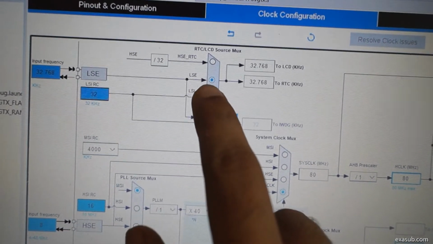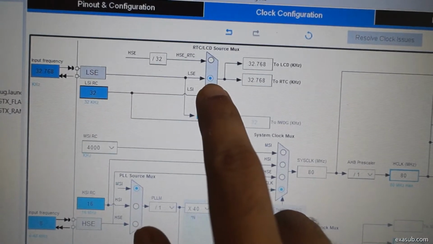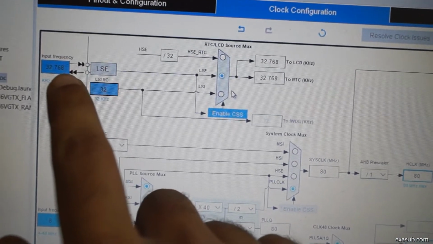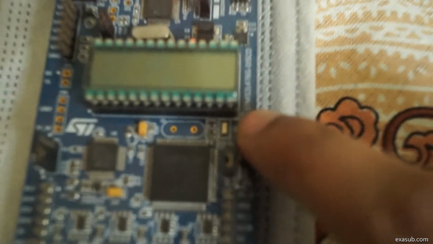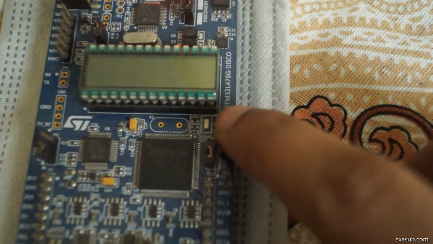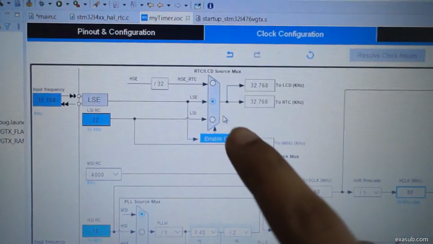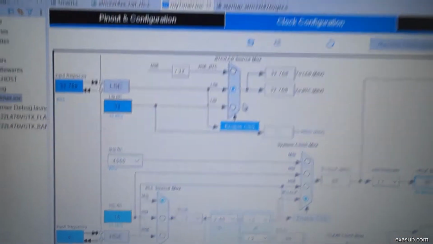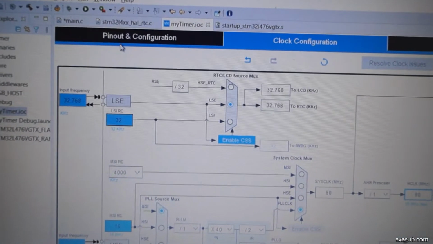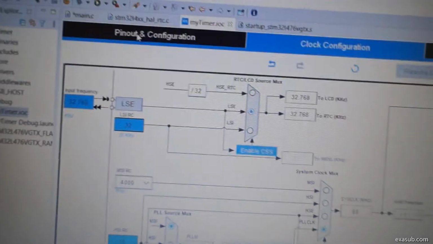By enabling the LSE as your clock source, you will be enabling the crystal. This crystal will be enabled by selecting this LSE option over here, and then you will select the pinout configuration.